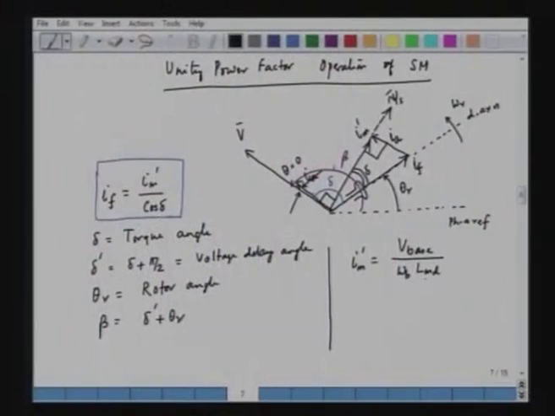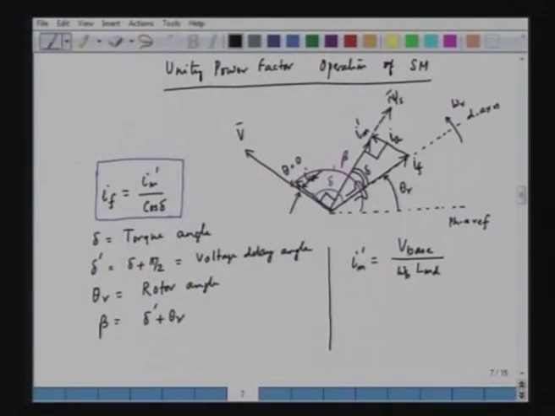LMD is the d axis magnetizing inductance, and omega b is the base frequency in radian per second. So, the base voltage per phase is equal to Im prime into omega b into LMD. So, Im prime is approximately V base by omega b into LMD, which is kept constant